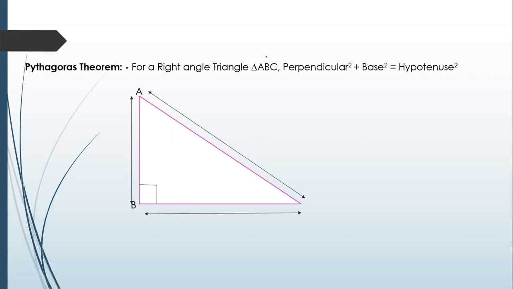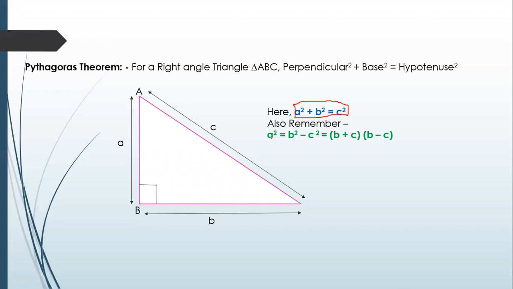Okay, so this is triangle ABC, and these are the length of sides A, B and C. That is the perpendicular is given the name side length A units, and hypotenuse is given C units, and base is given B units. And now one thing to remember, everyone knows this form a square plus b square equal to c square. But sometimes you have to apply this form that only a square is equal to b plus c into b minus c. How? Put this b square into the right hand side.